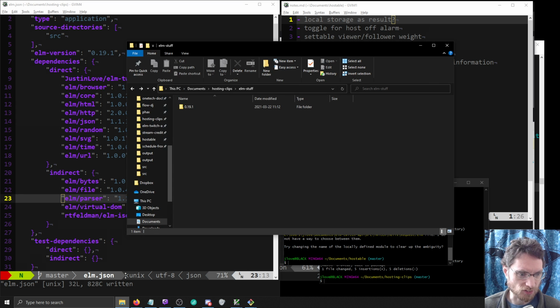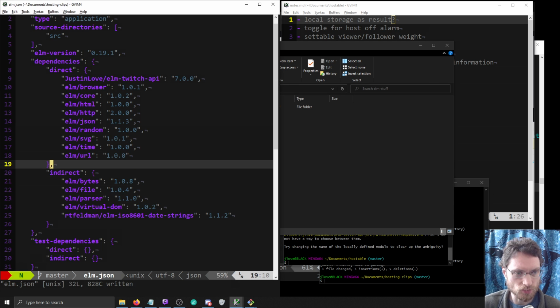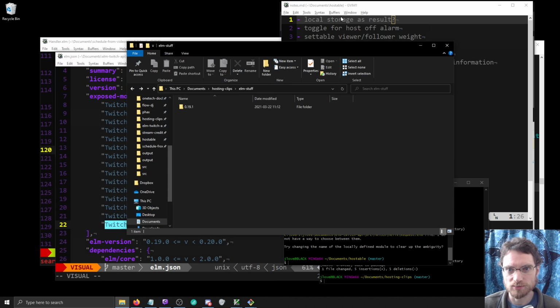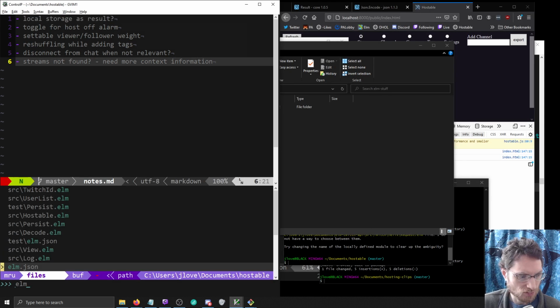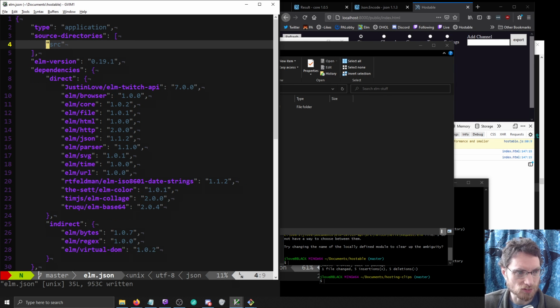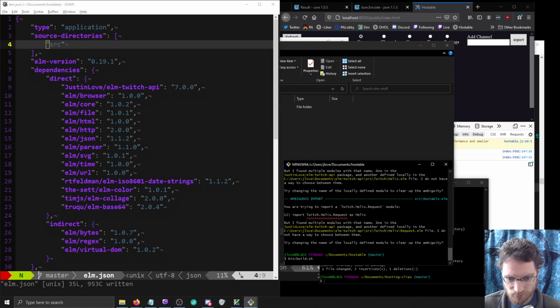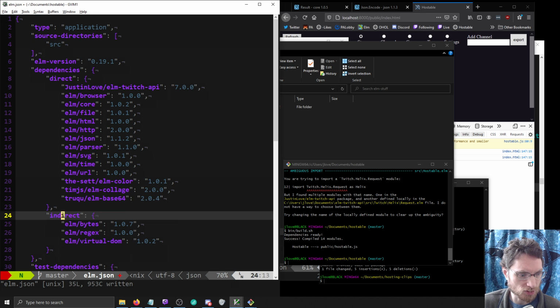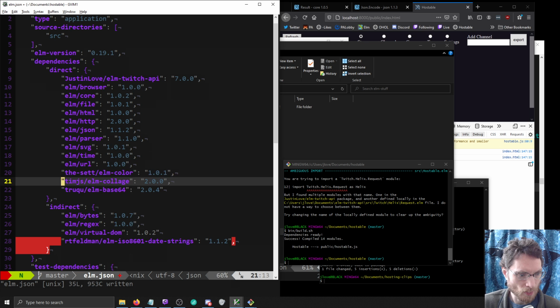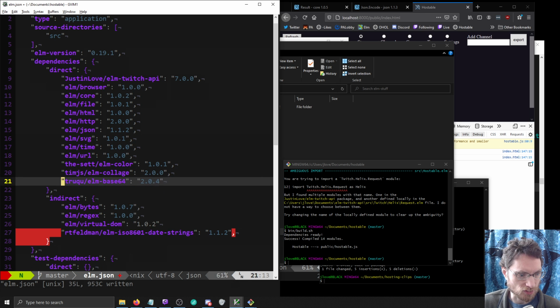Multiple modules, yeah. So oh no, because you didn't edit. All right, done. Hostable. To remove the source directory. Okay, so it's fine with that, and we're pretty sure that date strings and parser